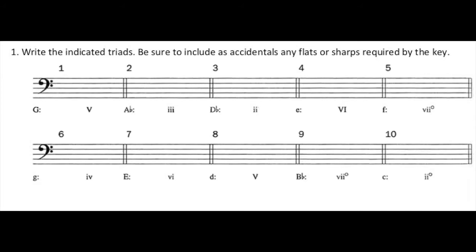So the next question there is in A flat major, chord 3. In A flat major that is going to be a C minor triad. So the answer would be C, E flat and G. So here you need to know your key signatures as well. So you need to know that A flat major has 4 flats and that one of the notes in this chord therefore will be an E flat. Okay, so I recommend that you do those for homework, and then on the final page of this handout